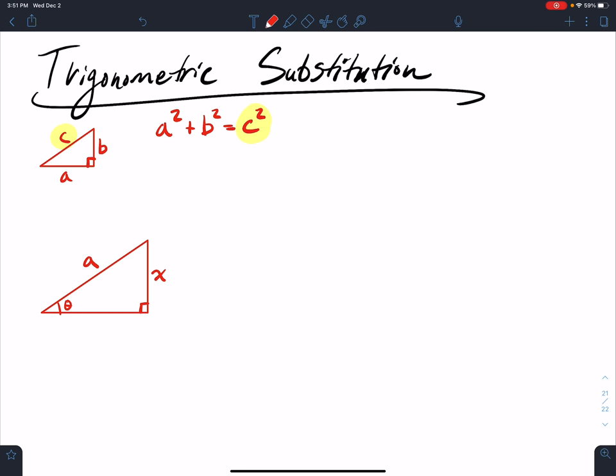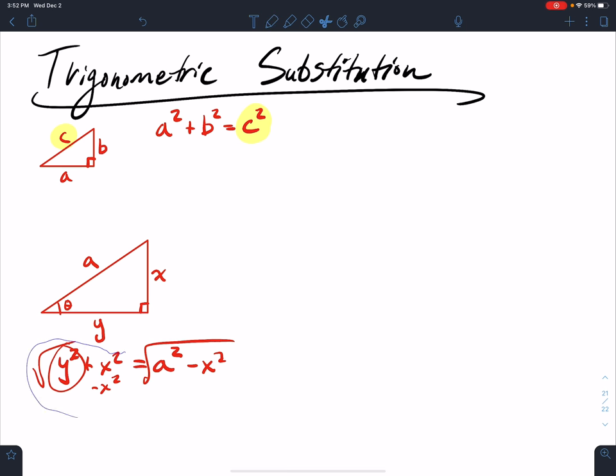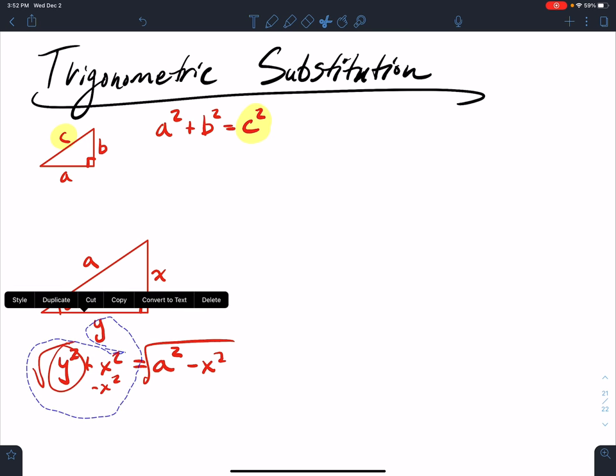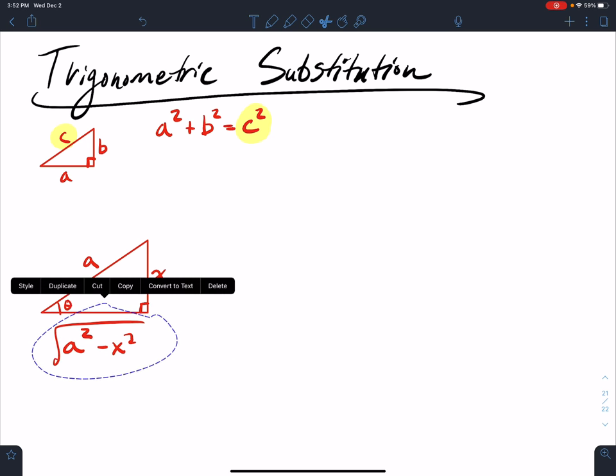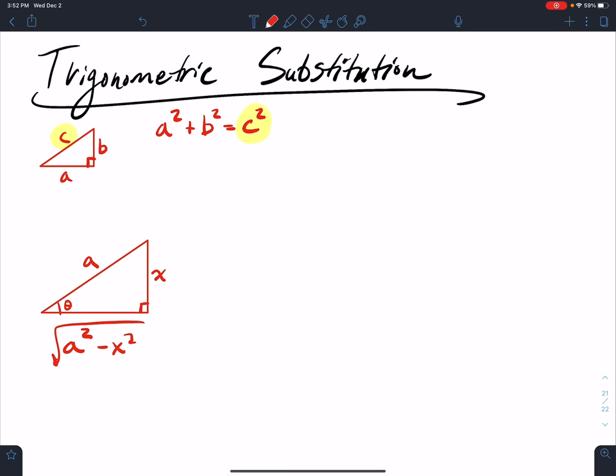So we don't know what this is, so I'll just call this y. But that's y squared plus x squared equals a squared. And we're trying to get y by itself, so I'm going to subtract x squared from both sides. And then to get rid of the square, I take the square root. So that y there, we're looking at the positive, okay? So the positive square root, not the negative, since we're talking about distance. So that side can be defined as the square root of a squared minus x squared, where a is some number and x is